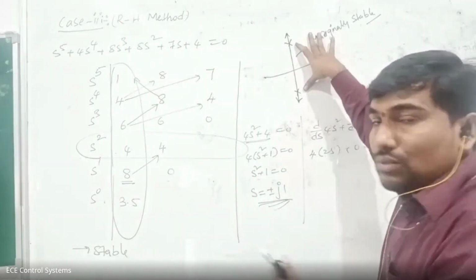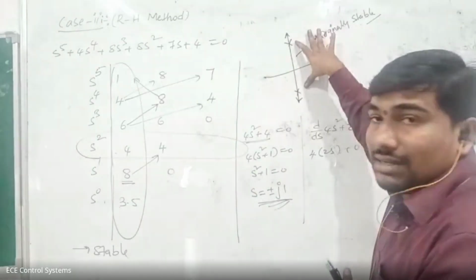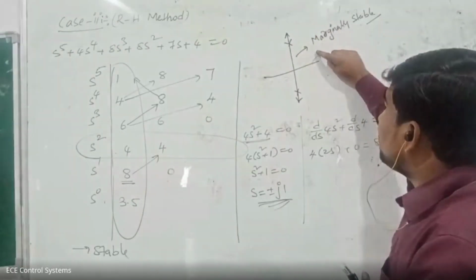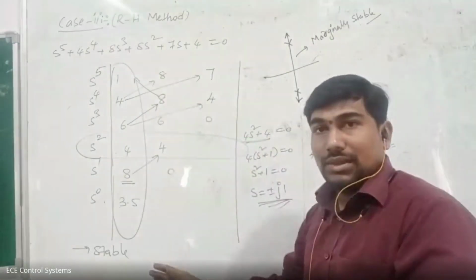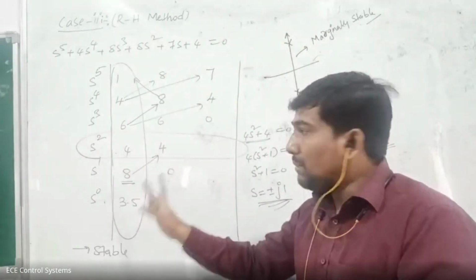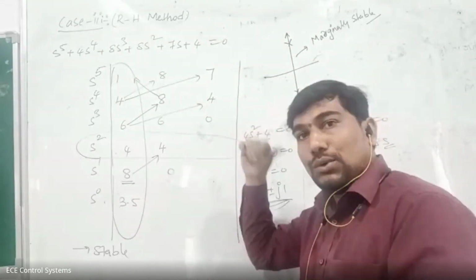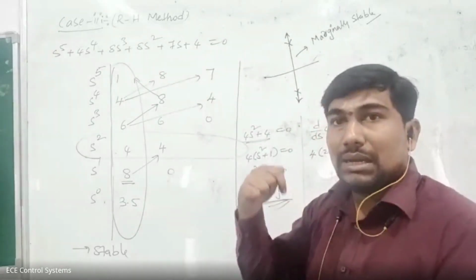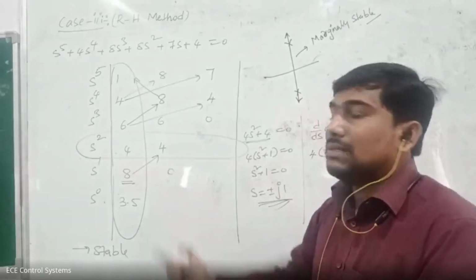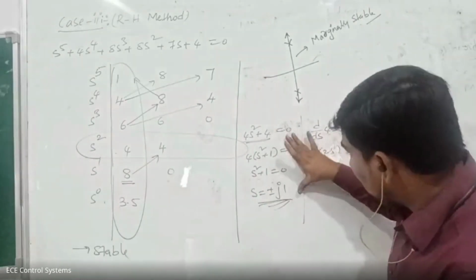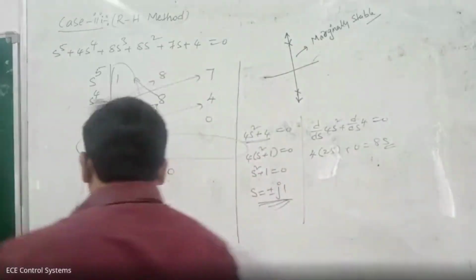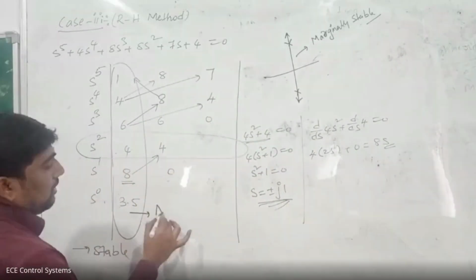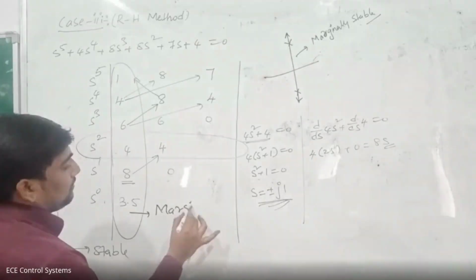If any one of the roots is on the y axis or imaginary axis, simply that type of system is called a marginally stable system. Okay, it is not an unstable system. Compulsorily it is maybe stable, maybe marginally stable. Based on that root, you have to decide it is maybe marginally stable, maybe a stable system. But from this explanation, you got the answer that is nothing but marginally stable. Simply you have to take this total system is called a marginally stable system.